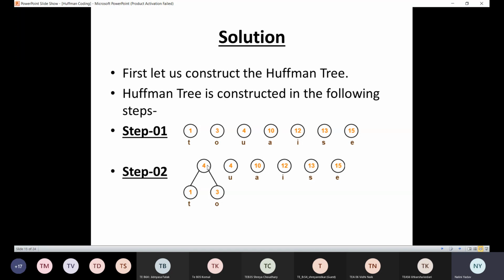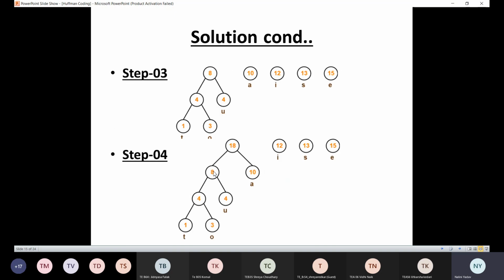We will be merging the least two characters and creating a new node, right? So here we have merged the least two characters T and O and created a new node having frequency 4, correct? Because what we have done, simply 1 and 3 we made leaf nodes, and then we are making a parent node of it by adding these two frequencies. So 4 is the required frequency, 4 is the new frequency, the frequency of a newly formed node, correct?